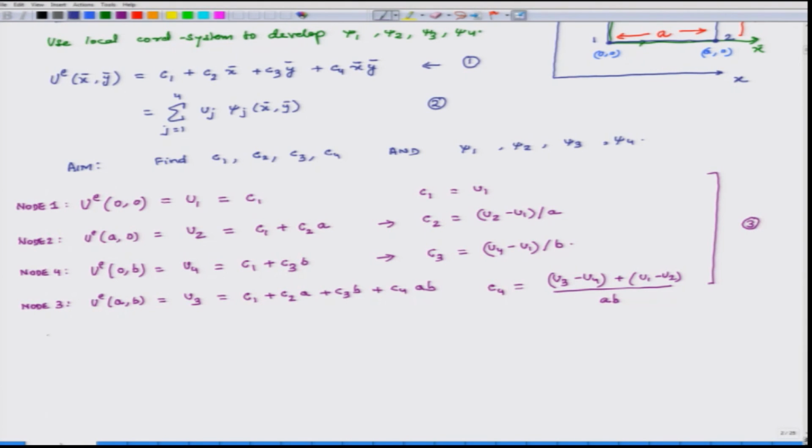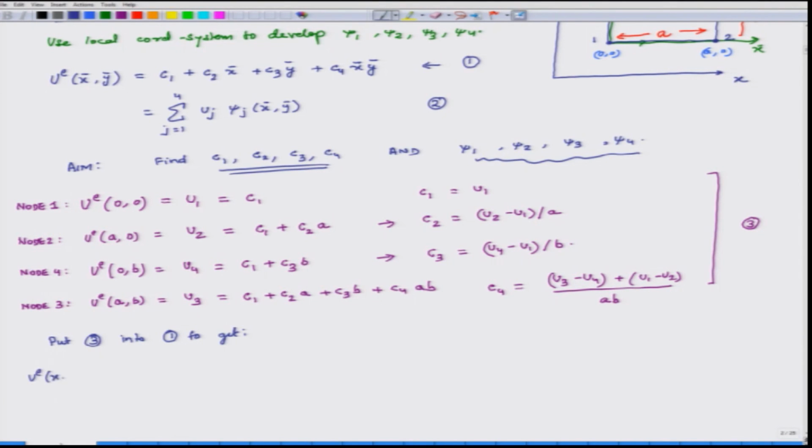So, now we have calculated the values of C1, C2, C3, C4. So, this part of our aim is now completed. Now, the next aim is to find out the psi functions or the approximation functions. So, to do that, what we do is we put 3 into 1, okay, and then we get,